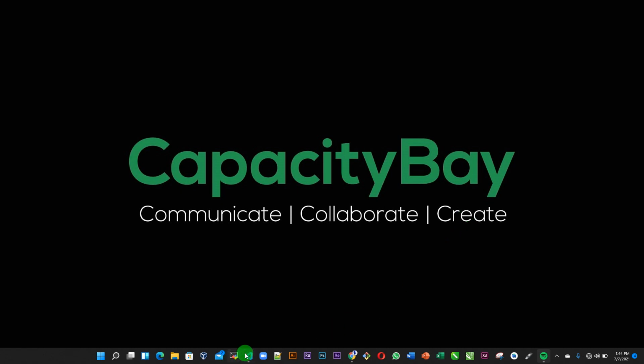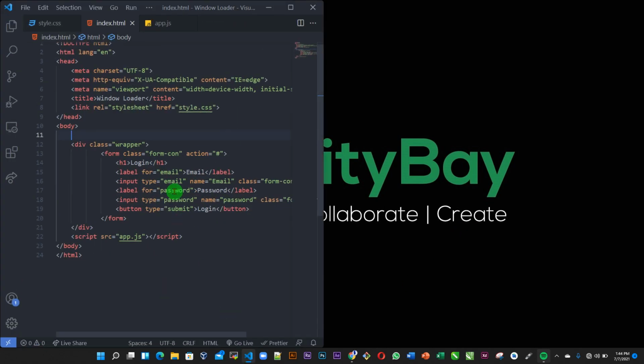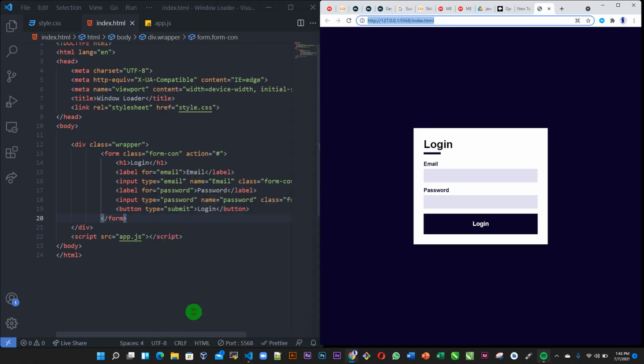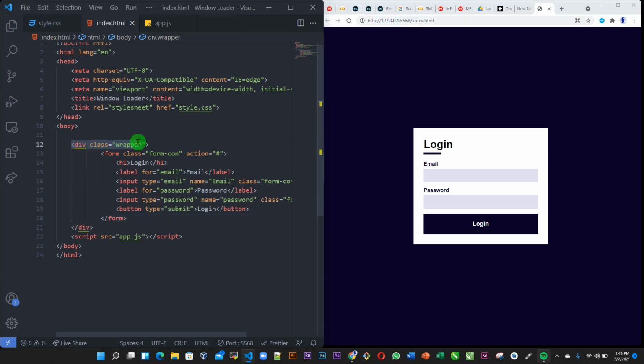Okay, so I actually have on my VS Code a template I created. Something we're going to use, a form. Let me render this. Go open with live server so you can actually see what I'm talking about. Now I have a form, but I want to add a loader that loads before this form is displayed whenever the page is loading. All right, so I have a wrapper div here, a div with a class of wrapper, and it's the div that is having this background color here. So I want to actually,